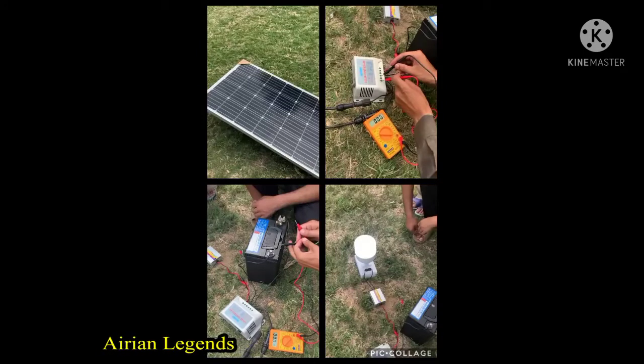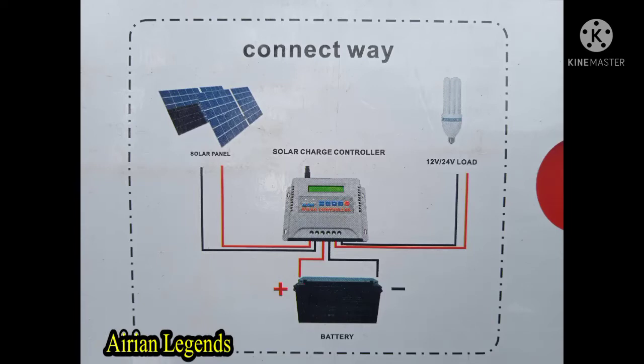Now we are going to design a solar system for an AC lamp whose rating is 40 watt. We are using a 12 volt 35 ampere hour battery, 250 watt inverter, 9 amp 160 watt solar panel and 10 ampere charge controller. Now let's discuss the circuit or the connection diagram of our solar system.